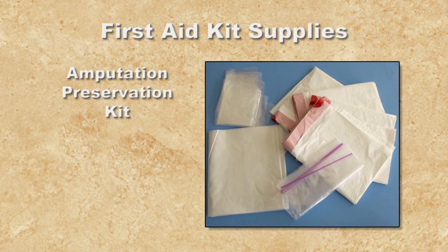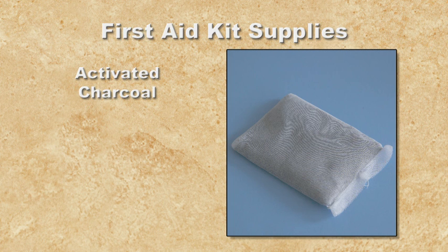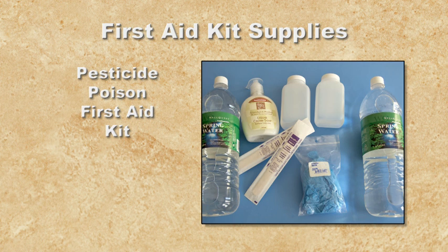A large plastic garbage bag, 4 tall plastic kitchen bags, 4 bread loaf plastic bags, 4 plastic sandwich bags. A pesticide poison first aid kit should also be available and should include a package of activated charcoal, 2 1-quart containers of clean water, tongue depressors to stir or cause gagging, small bottle of liquid detergent, mild solution induces gagging,